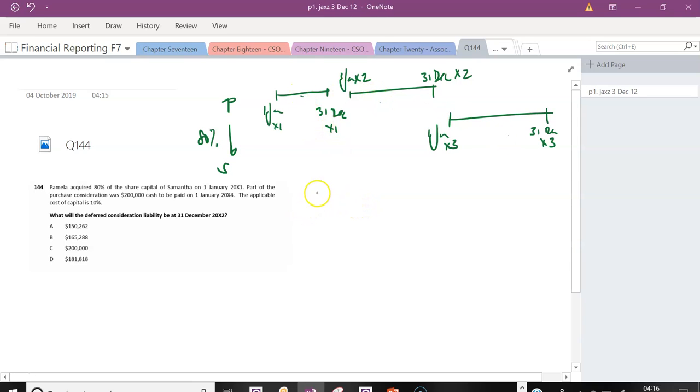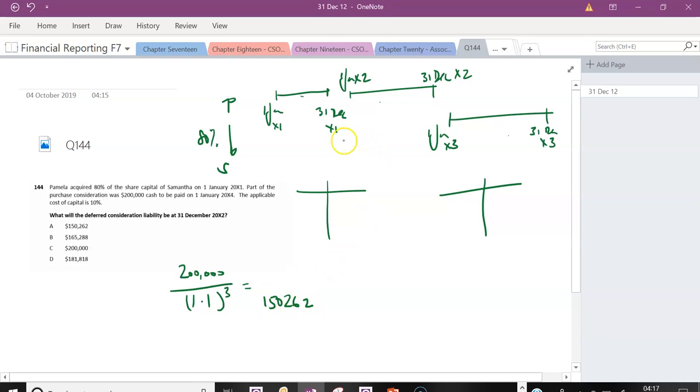So I think the best way to always do this is to do the double entry. And if you do the double entry, in effect, we see that we will be paying 200,000 like we agreed at the end of 3 years. So we want the present value of this today. And as we have discussed in class when we were looking at goodwill, you can use the formula and do it this way, but it's not really a formula, it's just what it is. The present value of 200,000 in 3 years today, dividing 200,000 divided by 1.1 raised to the power of 3. If you do this in your calculator, it should give you